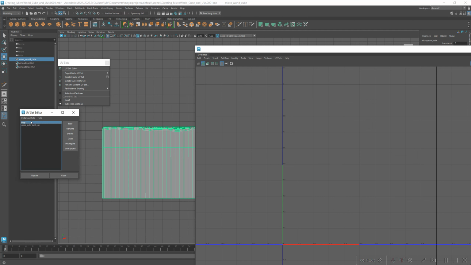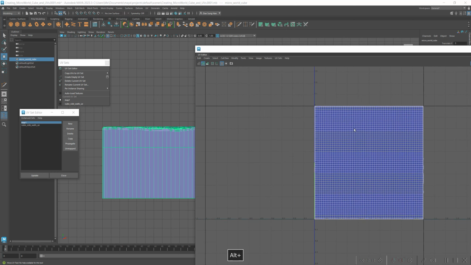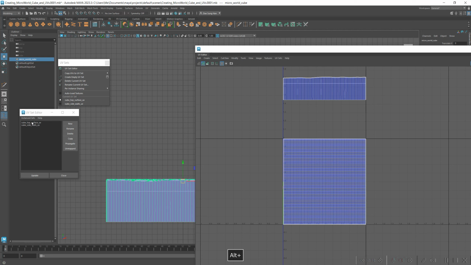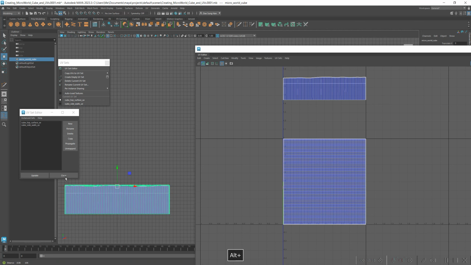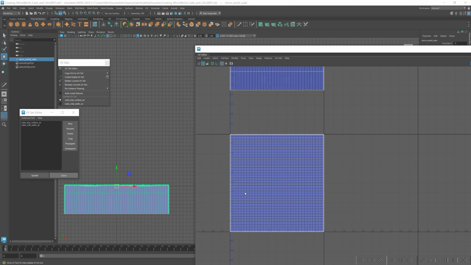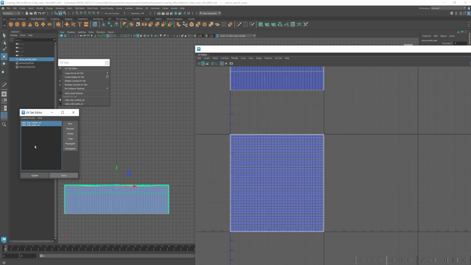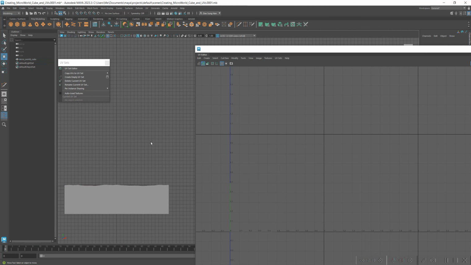This one, the original one, which has everything, I'm going to rename cube top surface UV, because this one I only want to hold this, and this one I want to hold the side walls. And then update and close. Next,